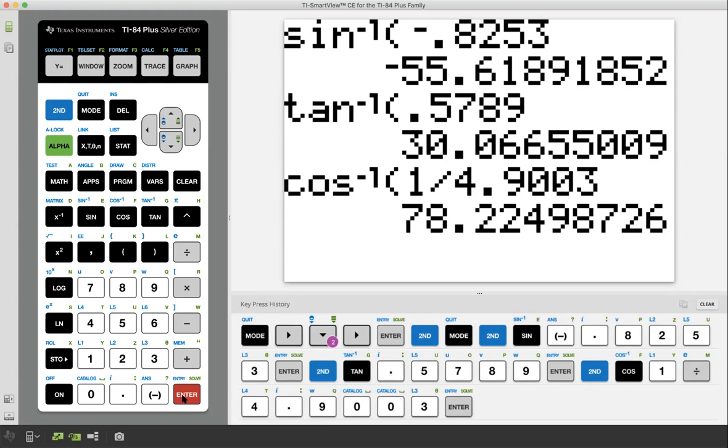I got 78.2250 if I round correctly to 4 decimals. All right, and I've got it. Okay, so that's 16, 17, and 18 on the handout. The next one is arc cosine of negative 0.5, and number 19 wants you to find the approximate value in radians. All right, so we're going to